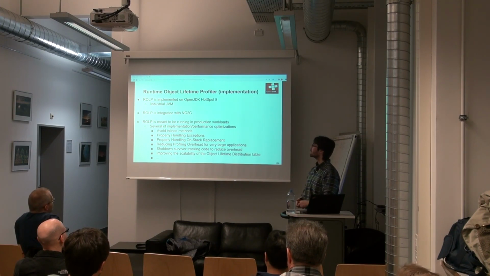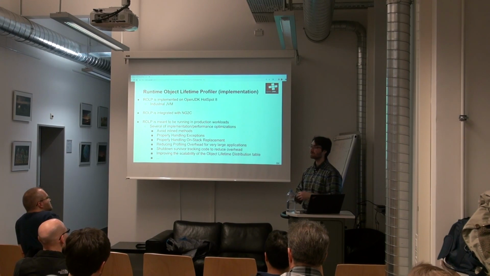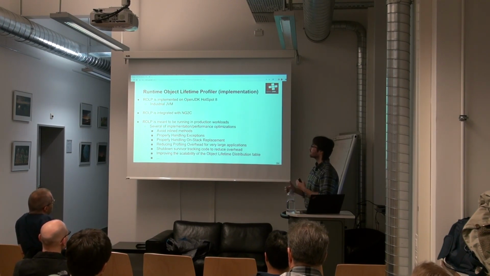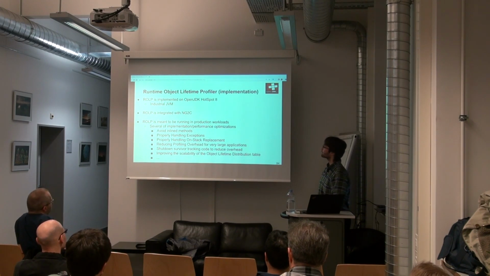In order to make this efficient, we had to do a lot of things inside the JVM. We had to avoid inline methods, because most of these are usually short methods that contain relatively no control of the application. They're just wrapping operations and so on, and avoiding them is a big boost in terms of performance. We have to properly handle exceptions, because if we have an exception, we need to be able to update the context tracking. We have to handle on-stack replacement, which is a fancy technique used inside the JVM to JIT compile methods that are still executing. We also have to cope with that, and there are a bunch more optimizations to make this work.